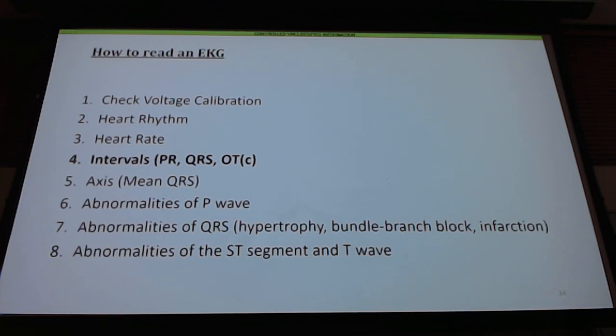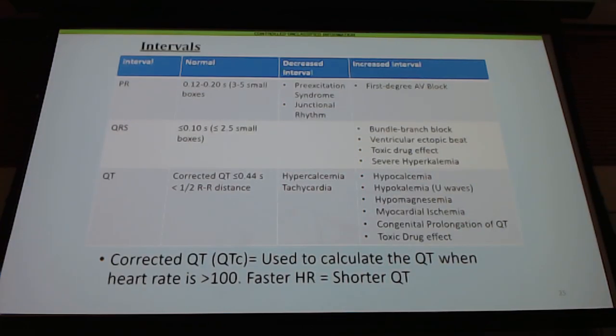So next we've got to look at our intervals. There's a reason we have to know what a normal interval is, and it's not because I want you to remember random numbers, right? It's because if I know what a normal interval is, and I know what an abnormal interval is, I can actually determine the pathology that's present in that patient's heart even before I do any other testing. Okay? So PR interval, we said, to be sinus has to be at least 3 small boxes,